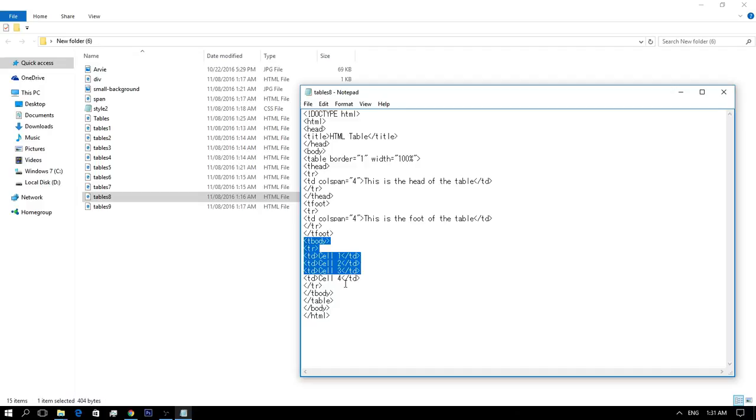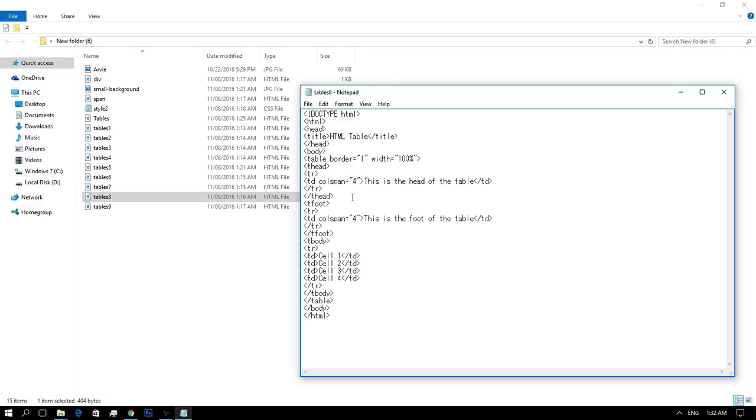So the head and foot are rather similar to headers and footers in a word processing document that remain the same for every page, while the body is the main content of the table. So the three elements for separating the head, body, and foot of a table are the thead, tbody, and tfoot tags.